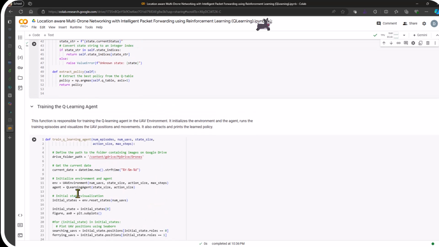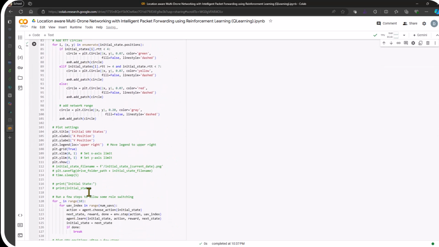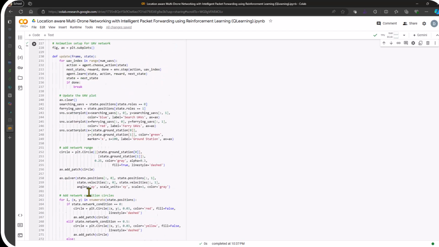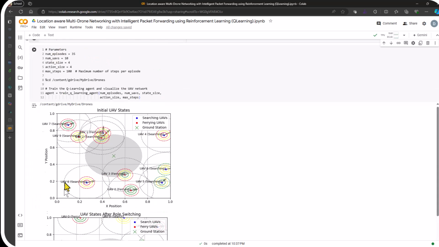Okay, and then the training function is the function that keeps looping over and over and going through a number of different episodes in order to get the best optimal policy based off of the best stated reward. Okay, so that sets up the training, and then underneath that, if I scroll down, this is where we